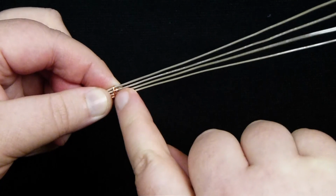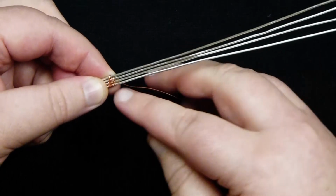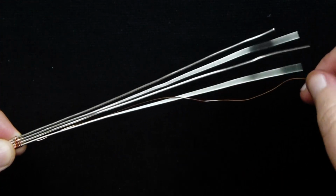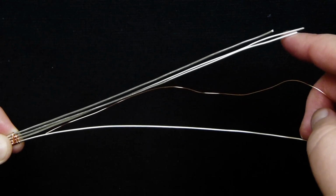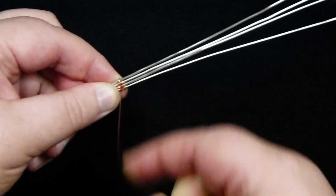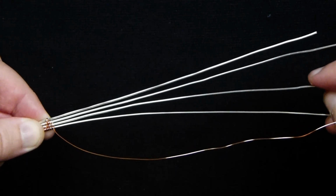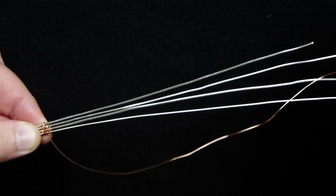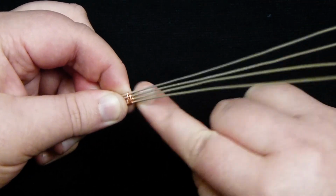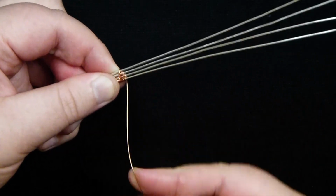And now we want to do the single wrap again before we do another wrap over multiple base wires. So that means for this one, we're stepping down now, so I need to come up between the bottom two base wires here. So in between there, bring it up, push it all the way down, and again this is to wrap around the second base wire from the bottom on its own. So that means I need to go down between the two middle ones now. Just do that single wrap, push it close, and then again my weaving wire is at the back coming down